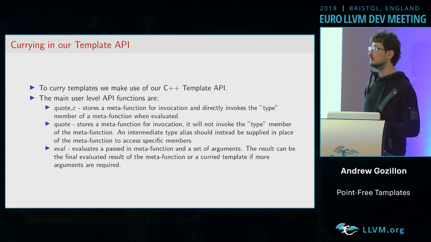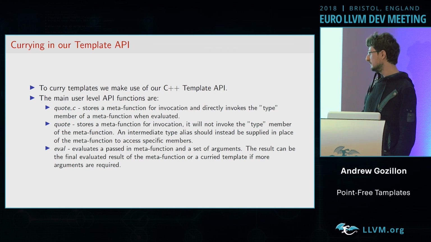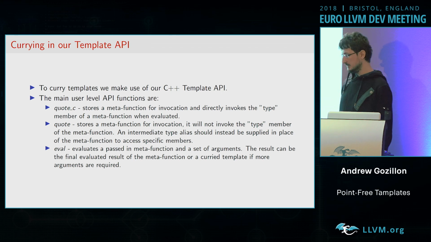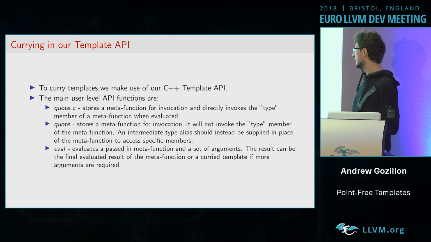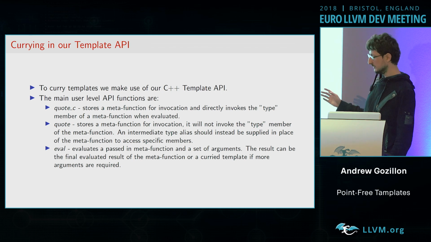So how do we supply currying since C++ doesn't actually have it? Well, we use a C++ template, or our C++ template API. The user-level API is actually quite simple. We've got quote C, quote, and eval. Quote C basically takes a metafunction, and when it is evaluated, it will access the type member and apply all the arguments passed to it to the type member of a